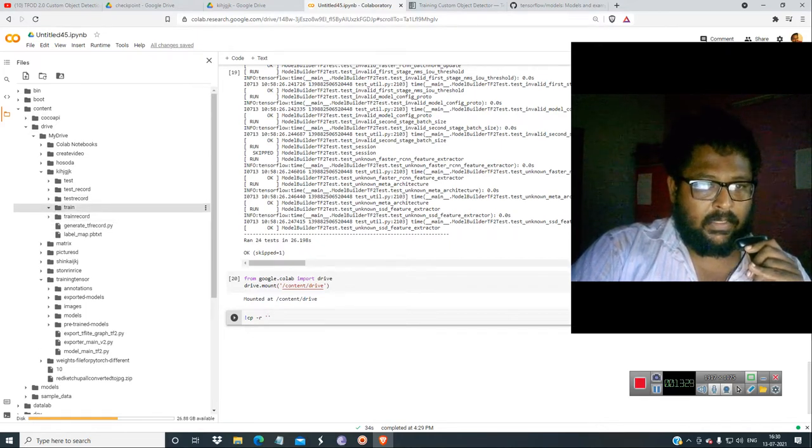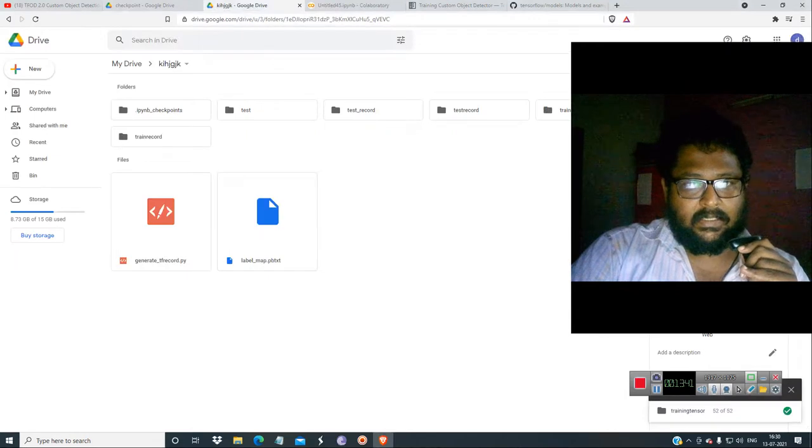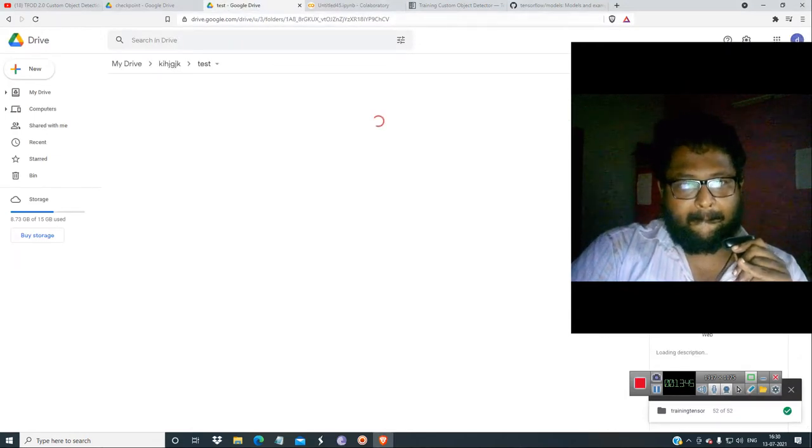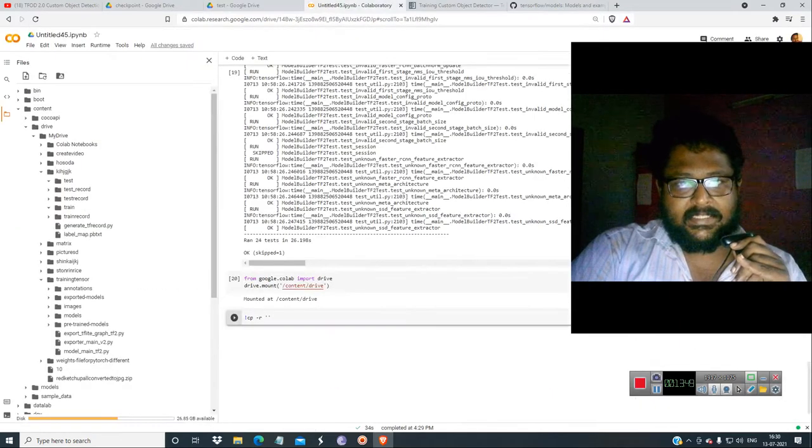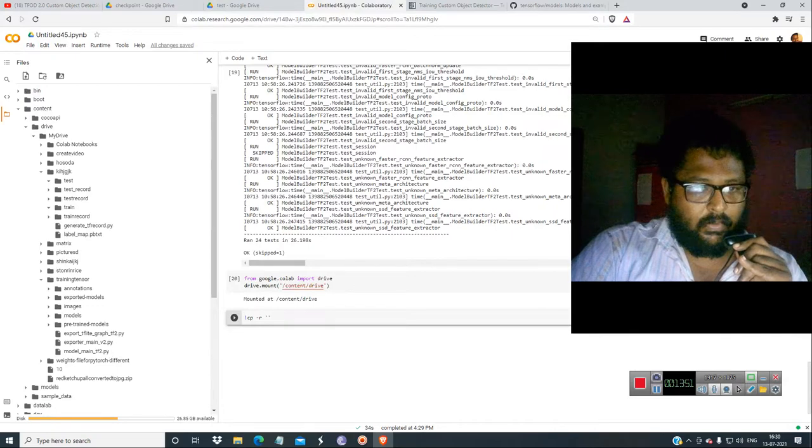Let's see the content of the test and train folders. Okay, there are images and XML files inside, so we don't want to disturb them.